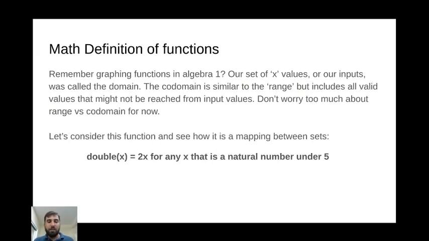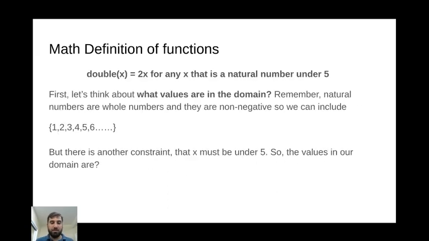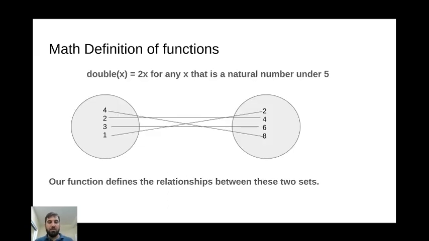So let's take a look at this function double x, and the output is going to be 2 times x. Okay, so the name of the function is double, it takes in one input called x, and the output is 2x. Here are our 2 different sets of values, and you can see that this function describes the relationship between these 2 sets. And so the name of this first set on the left, by the way, is called the domain, and